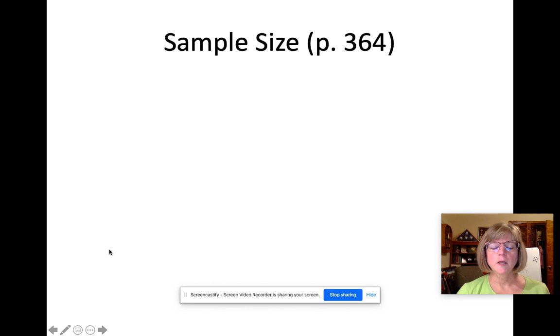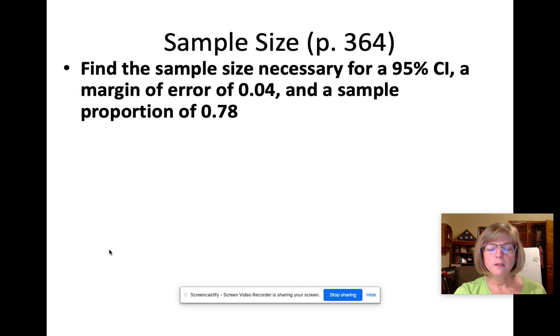Hi, I've got a couple of examples on how to calculate sample size, and we'll be done. So this information is on page 364 in your book. It would be good if you would go look there. Calculating sample size with population proportions and sample proportions is similar to calculating them with means and standard deviations of